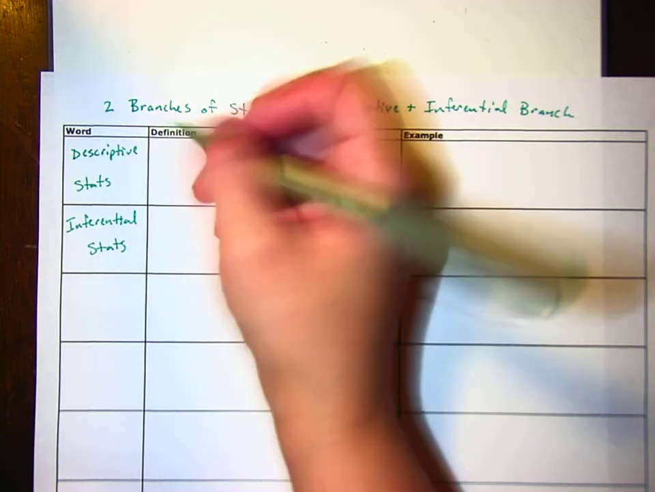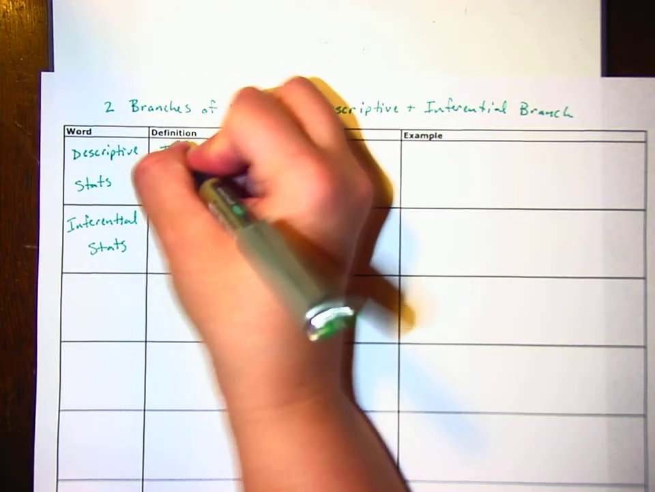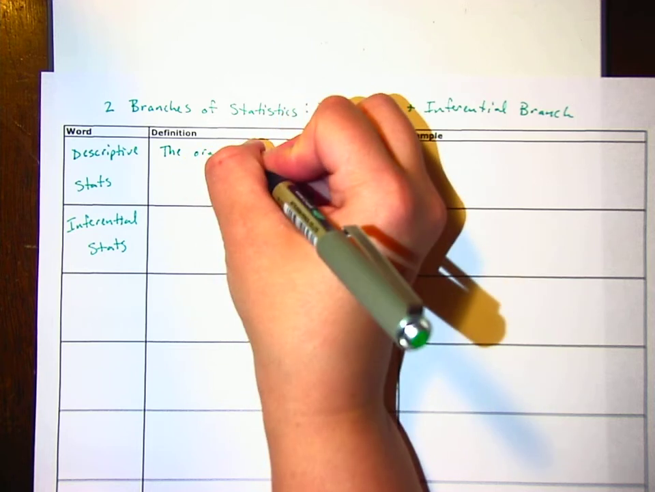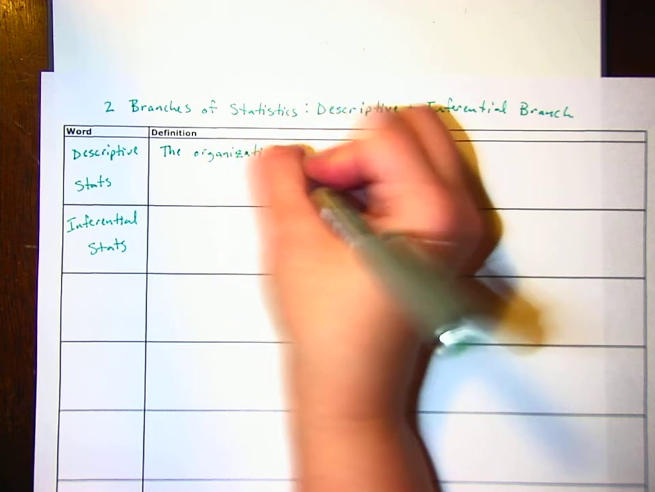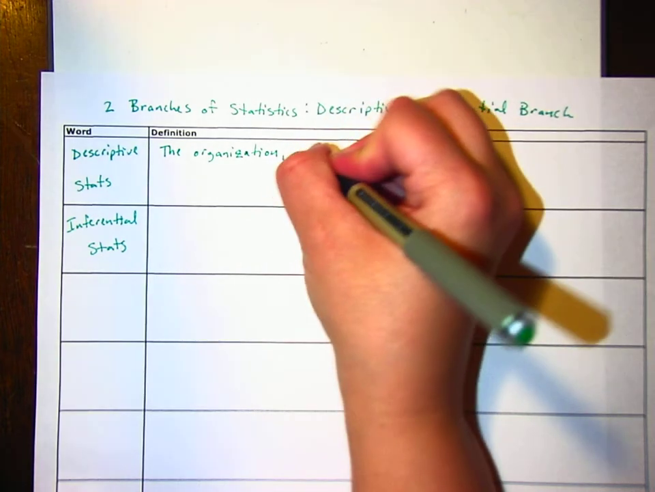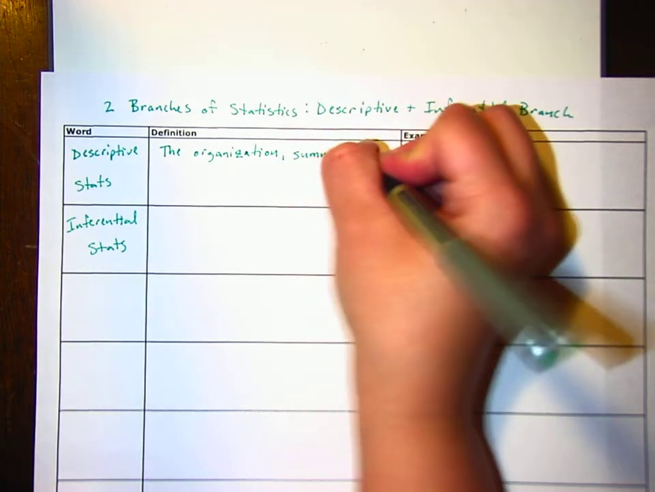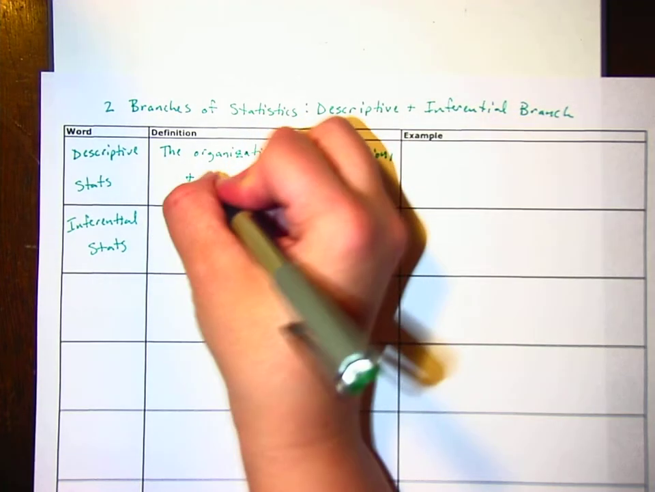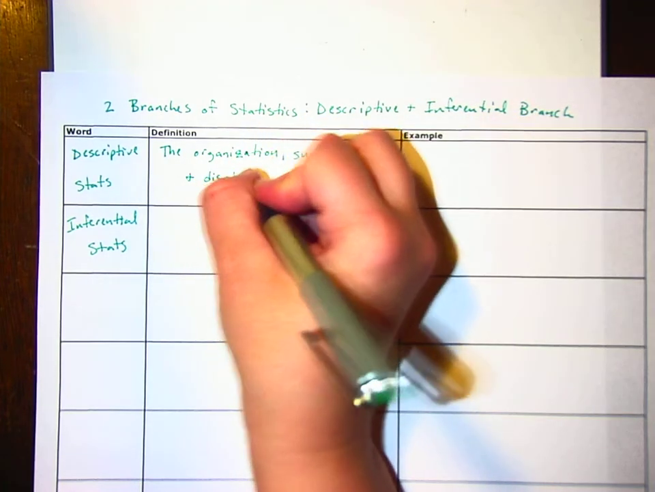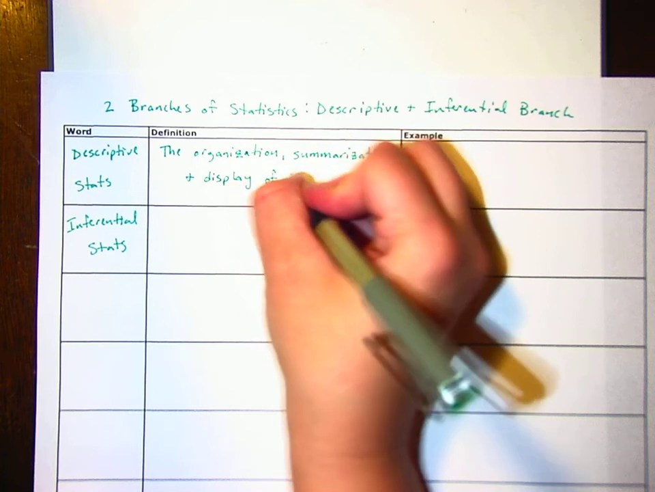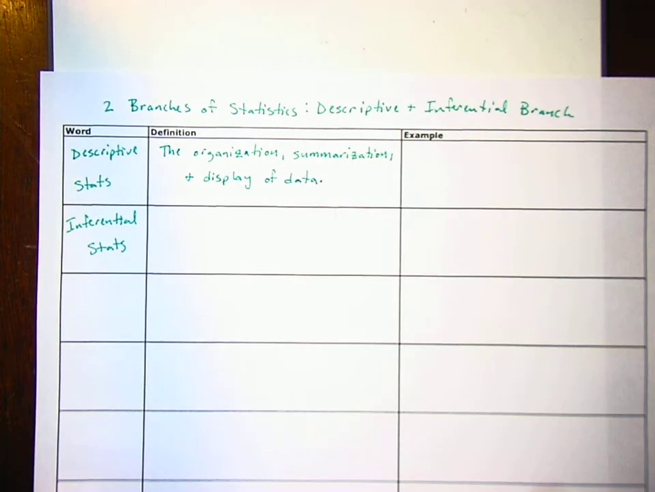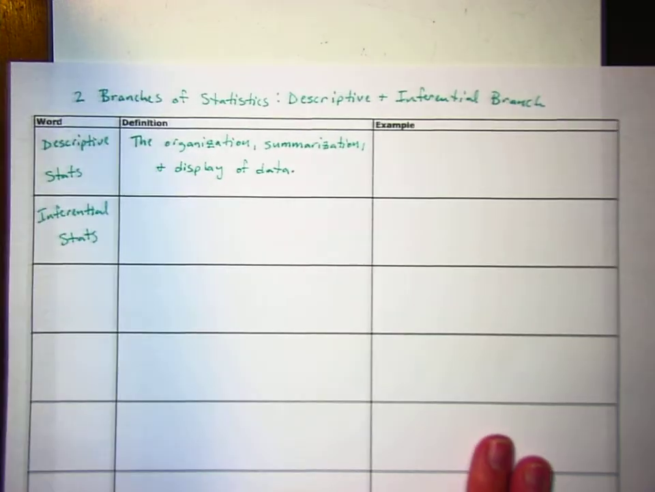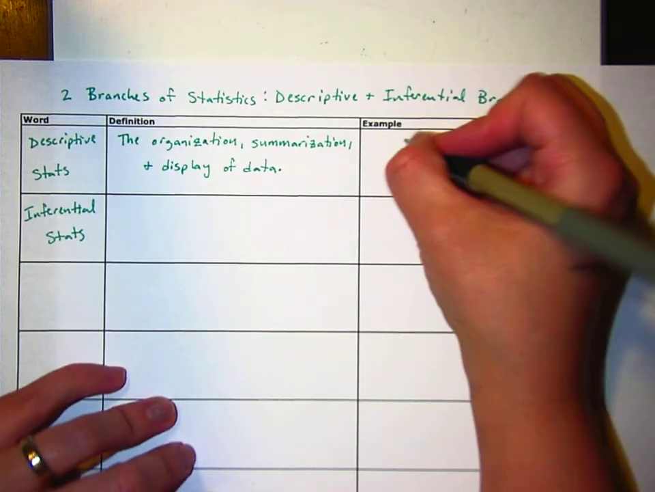So the descriptive part of statistics is basically handling all the data. You're organizing it. You're summarizing it. And you're displaying that data. So it's the organization, the summarization, and the display of data. So let's say that we